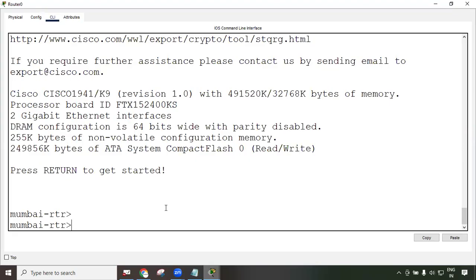So my dear friends, what we learned? We learned how to configure hostname. Okay, we learned the concept of startup config, running config. We learned how to save the configuration. A lot of interesting and important